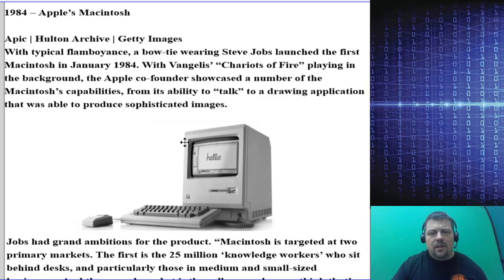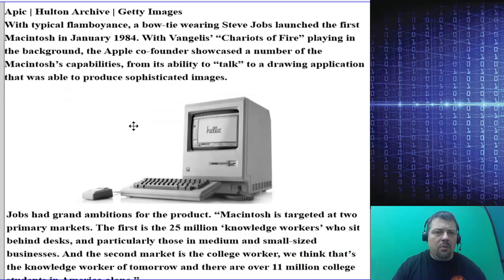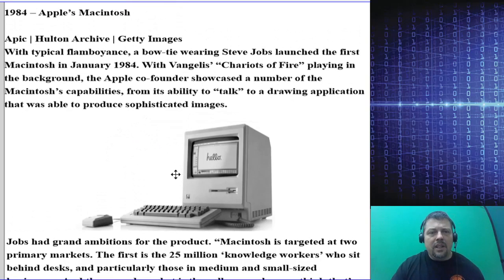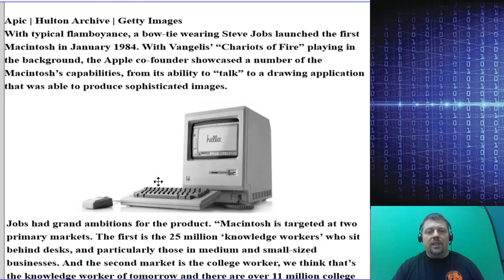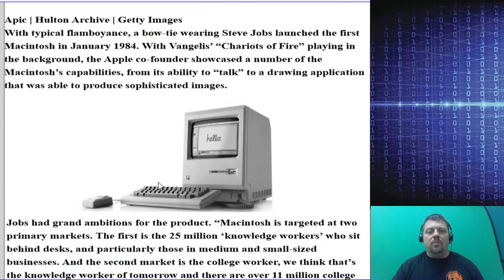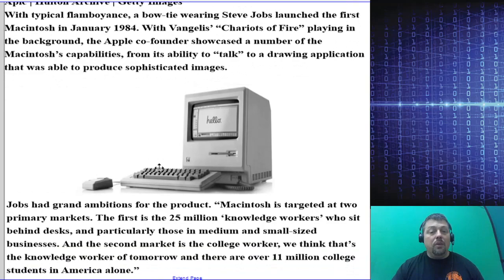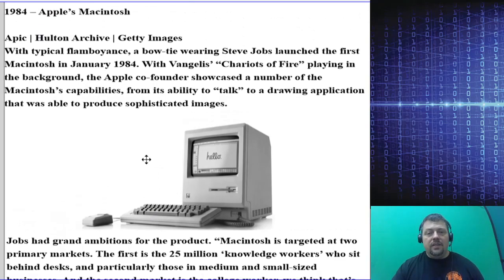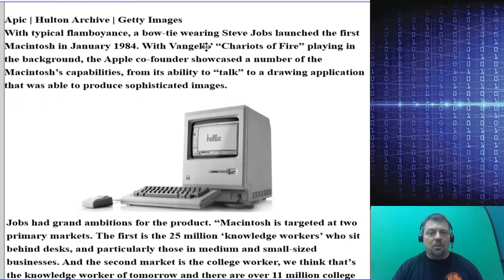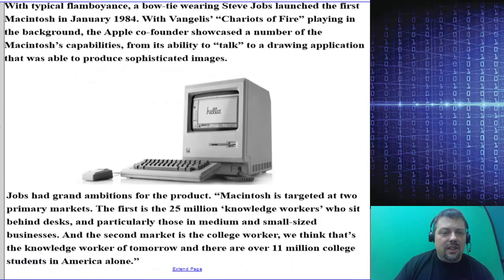This was a really high performing computer for its time, but it was super pricey and buggy, so difficult for a layperson to use, and it didn't sell very well. It had a really famous commercial with Chariots of Fire playing in the background. That's an interesting video if you want to check it out on YouTube; it gives you some insight into that era.